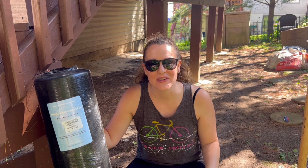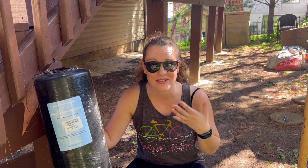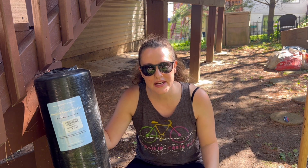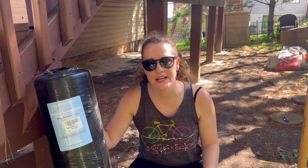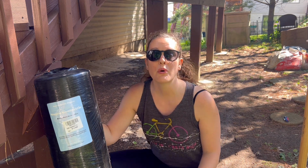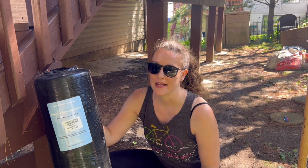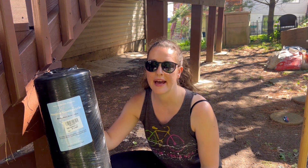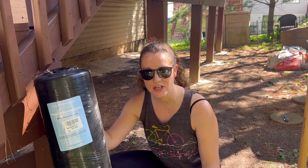Today we are working on a project at my house in Philadelphia. So we have a much smaller space than Nicole does, but it's a really great example of some things that you can do at your own small property. What we're working on is putting in stone under our back deck because we've had really bad drainage issues